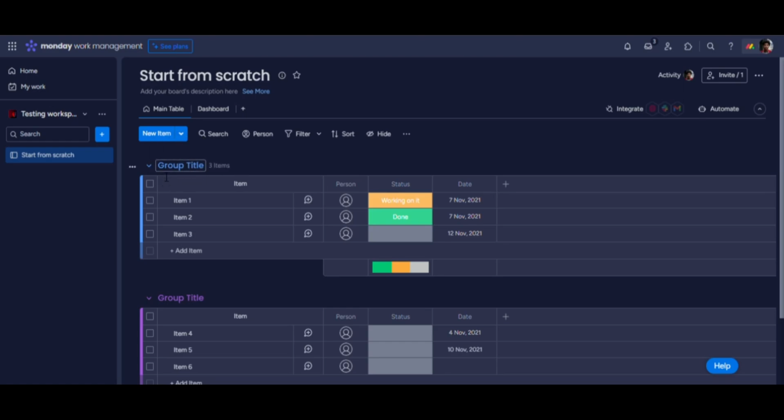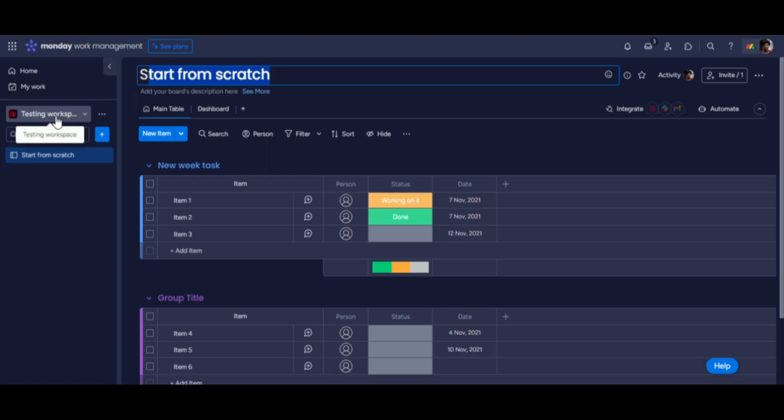I can rename this. I can call this anything I want. I can call it new week task. Okay, I have named this. Remember, this is start from scratch, meaning that I can rename it because this is starting from scratch. I can call it, remember we are in what? Testing